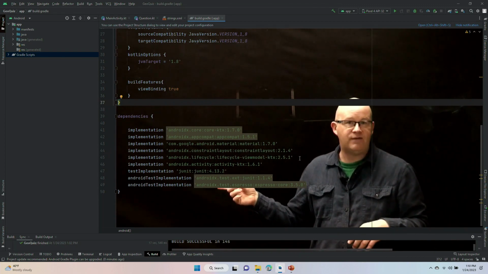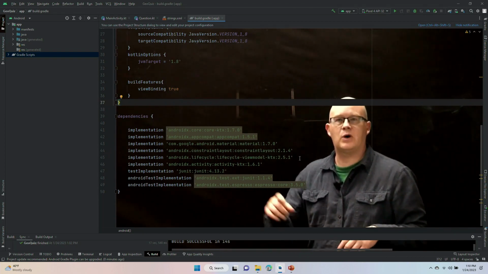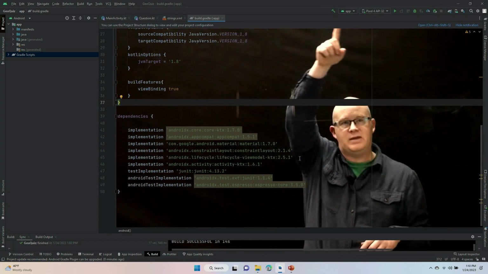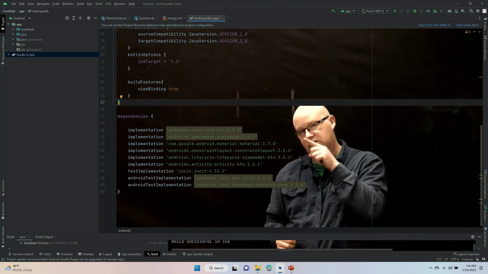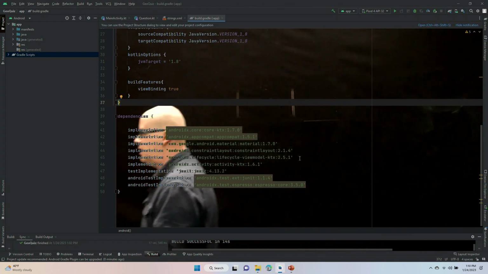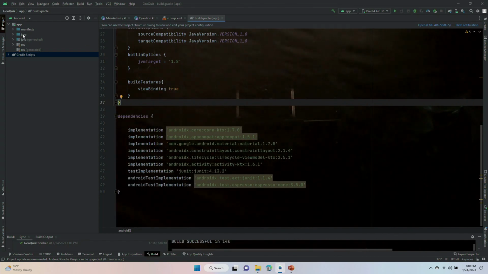So it's kind of ready for you. You saw it. But what you're going to have to do is there'll be a message up here that you have to sync. So you need to sync your Gradle after you made those changes. So after you do that, then let's go and put in our